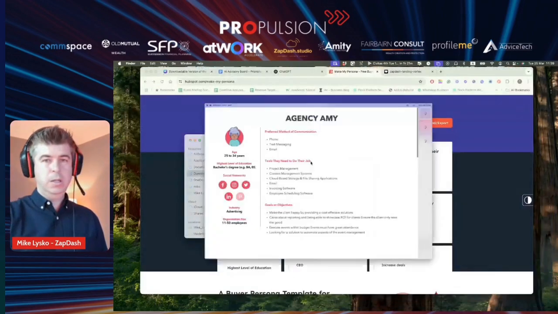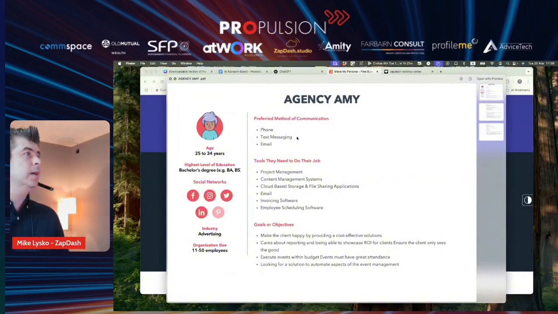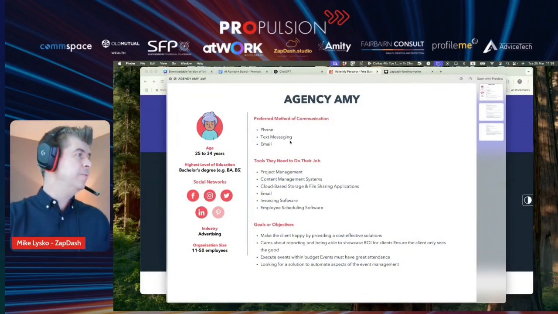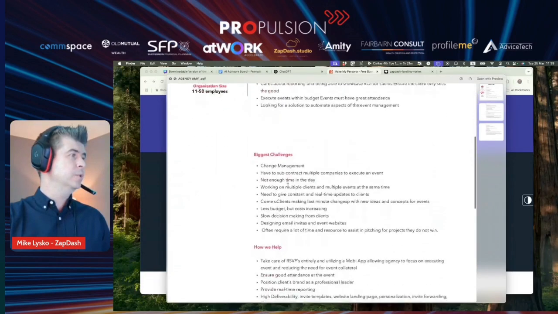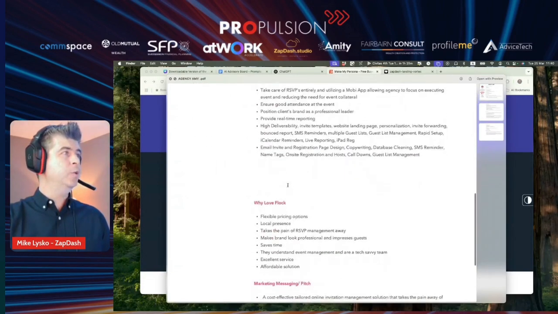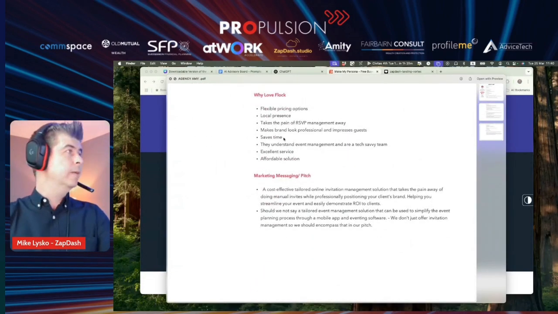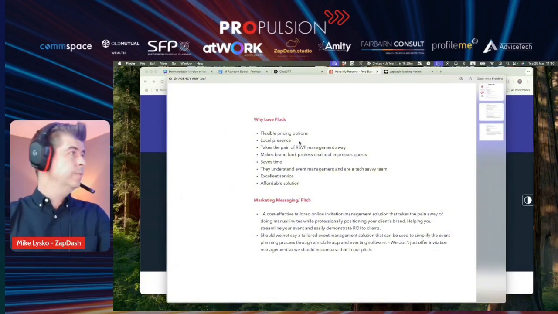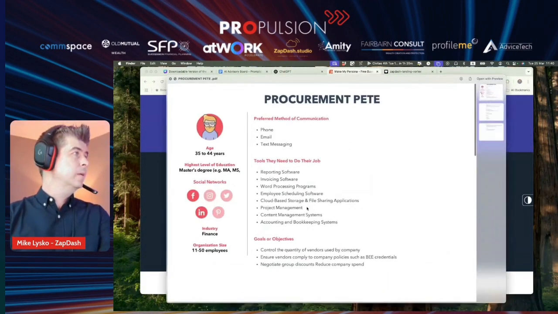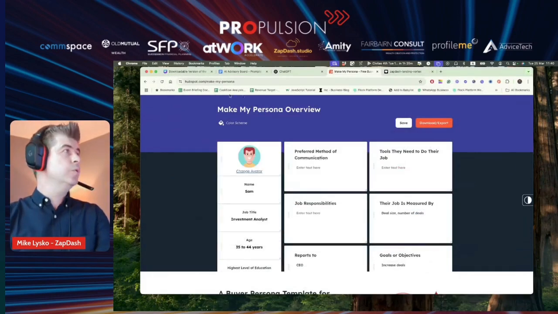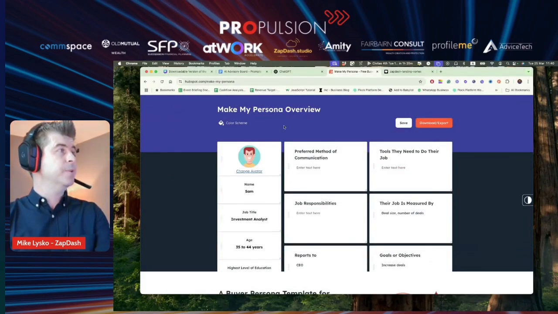For Flock, as you can see here, we've got Agency Amy, and I've really just put in tools they need, what communication they like, their goals, objectives, biggest challenges, how we help, and why they love our eventing platform called Flock. You can start putting these in, and that's just a tool to help you create these personas.